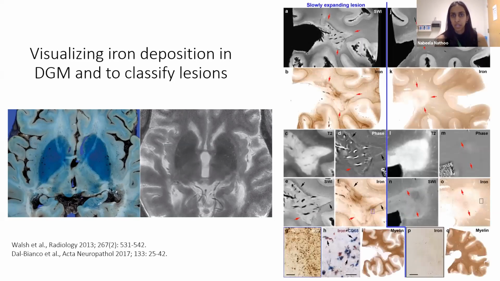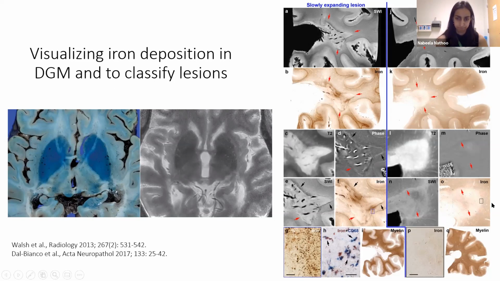And then the other use is for these iron sensitive MRI methods to look at what the lesions actually look like. So this notion of a slowly expanding lesion where the ongoing growth has surrounding it a rim of microglia and macrophages that are taking up iron, and to be able to see that. So all these areas that are essentially hypointense. And then with iron staining, you can see the brown stain of iron and seeing that this evolves over time versus these inactive lesions where you don't see any hypointense rim and you don't see the presence of iron anymore, and to differentiate those lesions